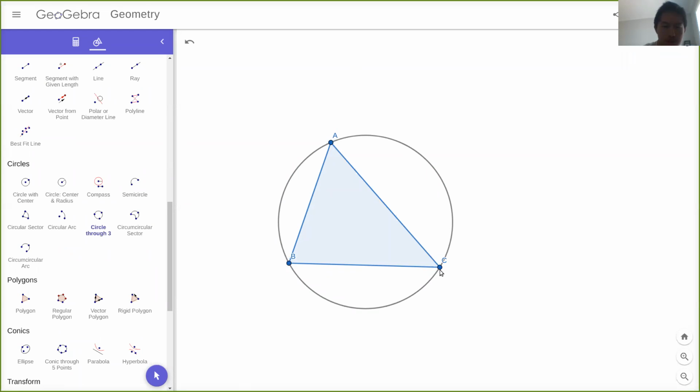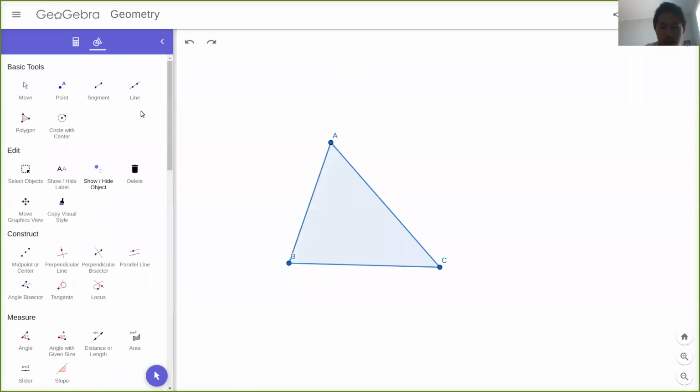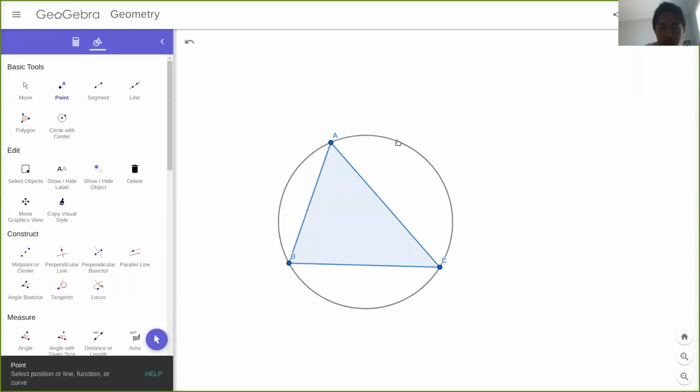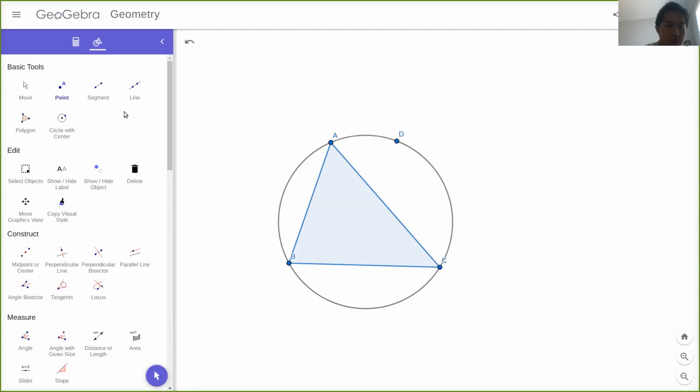Actually, I'm not sure we need the circumcircle. Okay, here. So we start with triangle, or yeah, we do need the circumcircle. Okay. We start with triangle ABC. We put any random point D on the circumcircle. And then now we drop the perpendicular lines, D to BC,